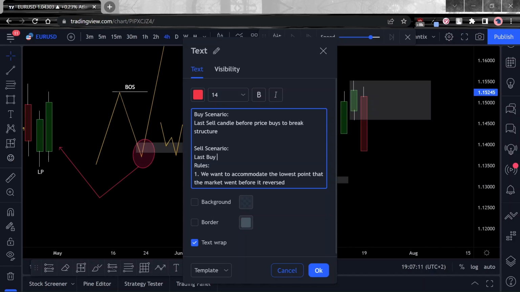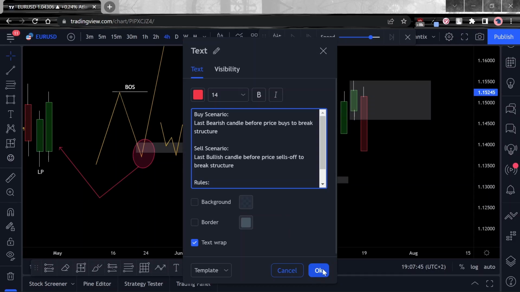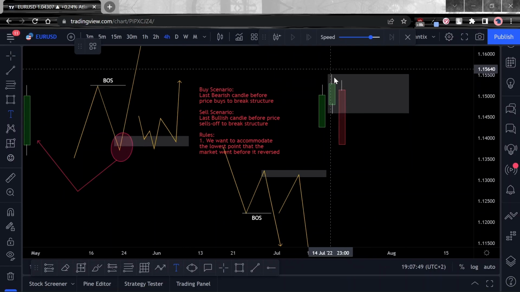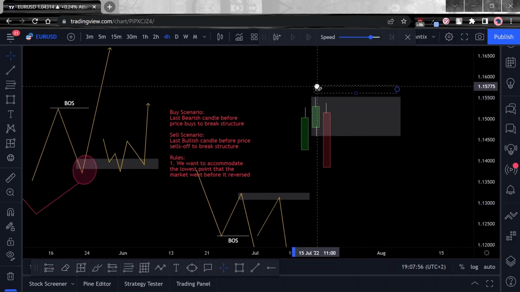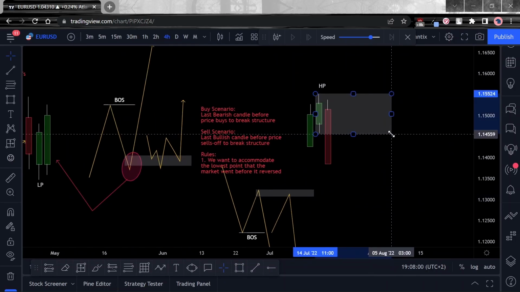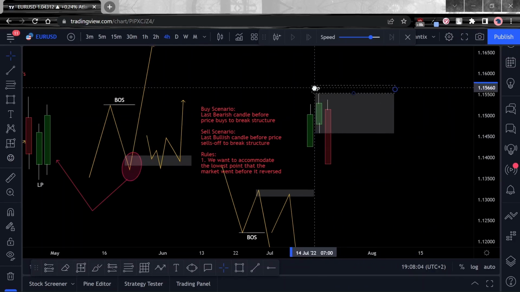We want the last buy, or let's say last bullish candle before price sells off to break structure. All right, like that. So this is our last bullish. Let's just use the proper words, last bearish candle, like so. Okay, and obviously we want to write our text to indicate this is our highest point. This over here is our highest point, and we've drawn our point of interest in such a way that we accommodate the highest point,